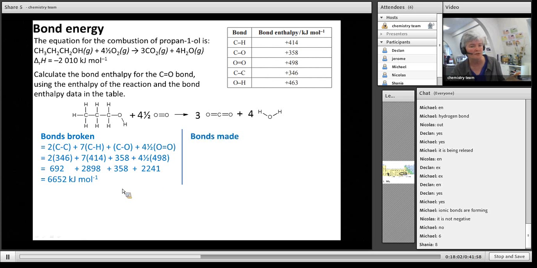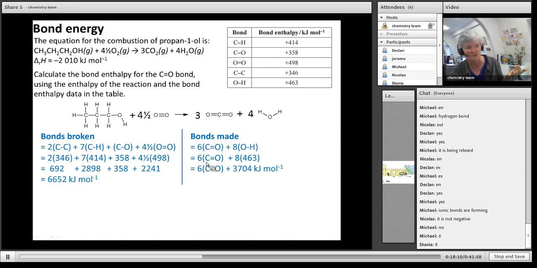Okay, so bonds made, we do the same thing, but here, of course, we don't know the C double bond O, so you could substitute this as X. You could say, let C double bond O equal X, and then you can have CX plus 8 OH, and 6X, sorry, 6X plus 8 times that. Okay, so now my